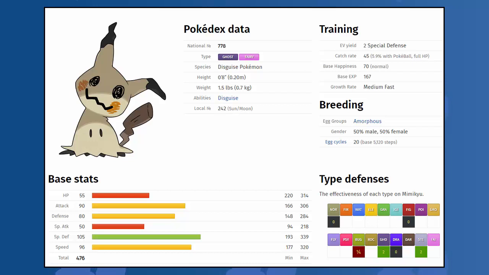Its stats are 476 total, 55 HP, 90 physical attack, 80 physical defense, 50 special attack, 105 special defense, and a 96 speed. So very nice physically attacking Pokemon with good defenses as well, and obviously you get that free sub as well. So Mimikyu is actually a very, very good Pokemon, and it gets moves like Wood Hammer,